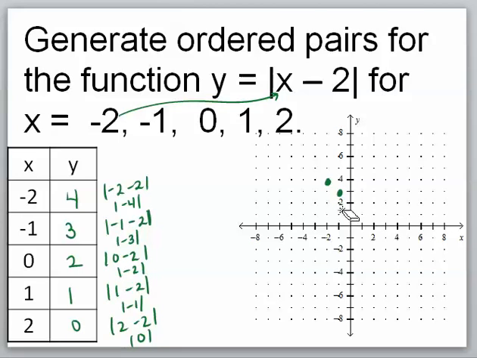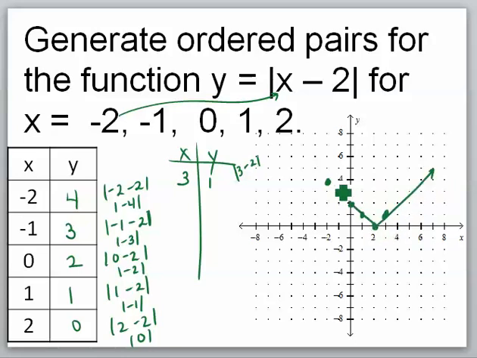you will be misled slightly, because if I only graph these ordered pairs, you will believe that this is a straight line. However, let's make our T-chart just a little bit more expanded, and let's look at 3, because I know what takes place. When you plug in 3, 3 minus 2 is 1. The absolute value of 1 is 1. So that ordered pair is right here. Absolute values actually make these. They never